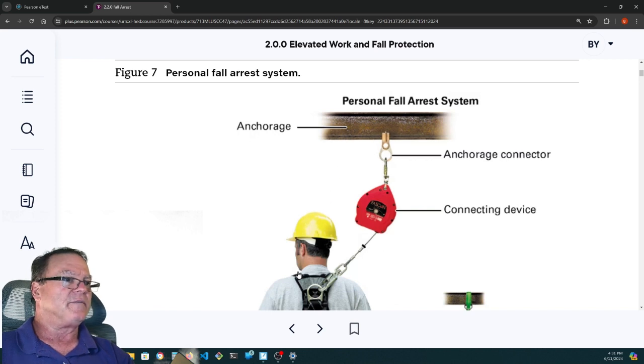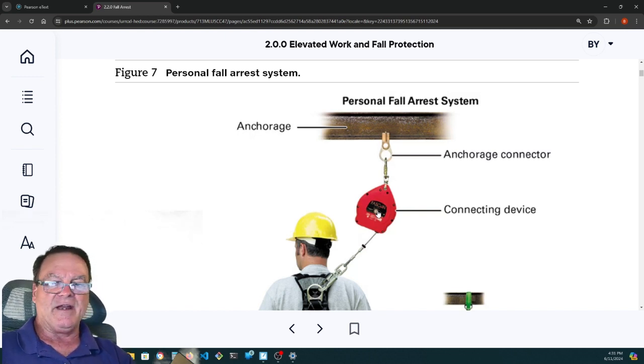Here's a nice picture here. There's a personal fall arrest system. Here's your anchor point. That's an I-beam, and they've got it a ring, an O-ring, or anchorage connector. It's not going anywhere. Here's your connecting device. This is a deceleration